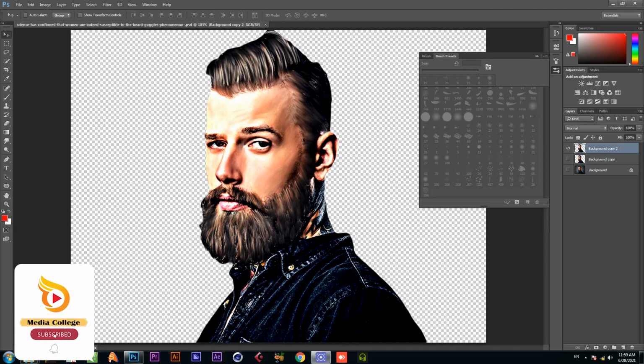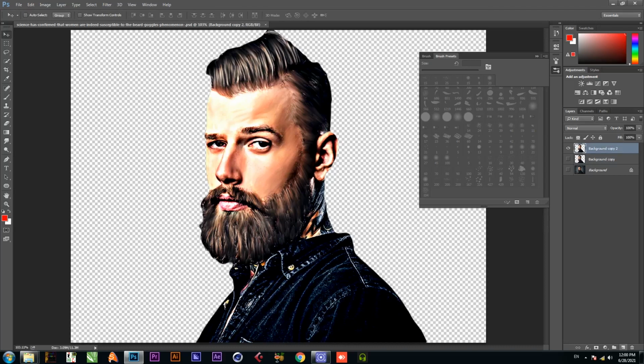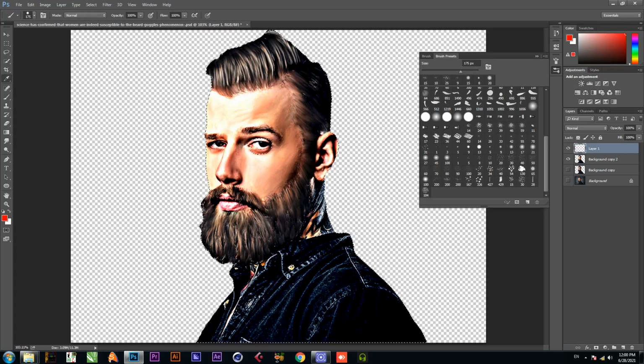Okay, now create a duplicate, new layer, empty, and select this picture area, all. Okay, now select empty layer and select brush tool, select color and select brush this